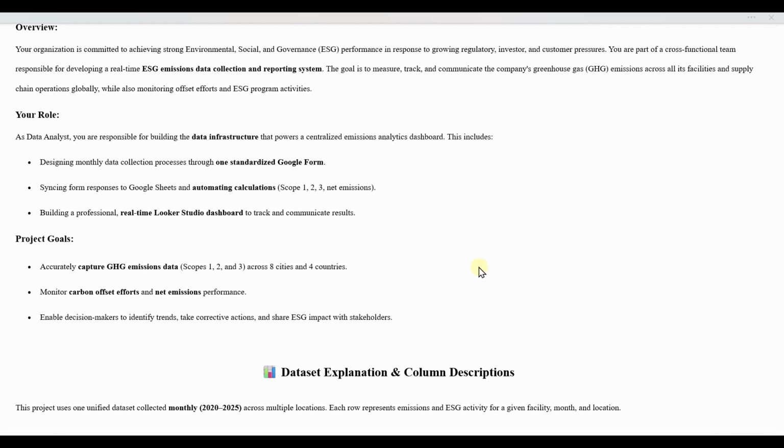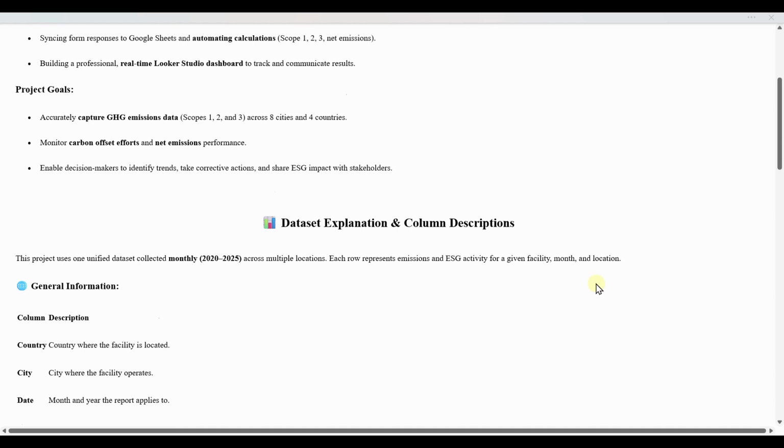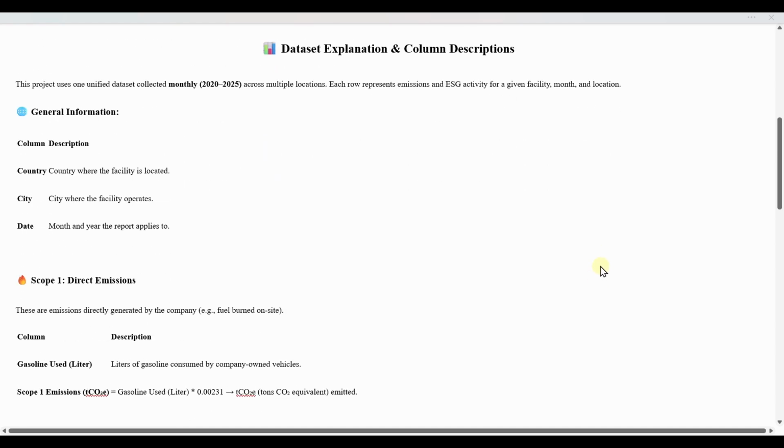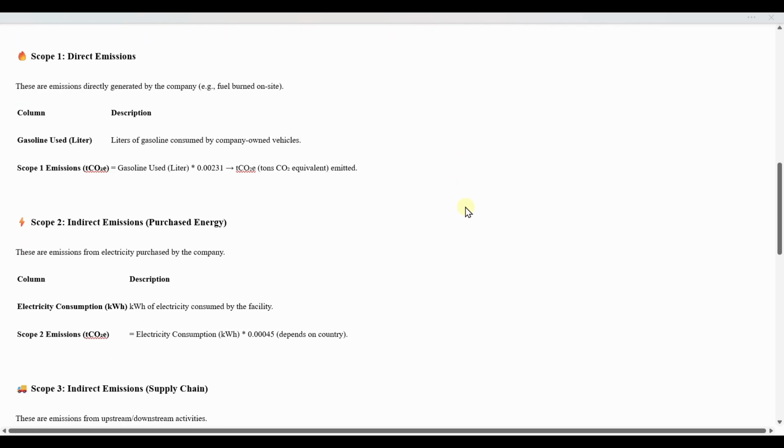The system tracks greenhouse gas emissions, scopes 1, 2, and 3, across 8 cities in 4 countries, while also monitoring carbon offset efforts. A dynamic Looker Studio dashboard presents the results, helping decision makers identify trends, take action, and communicate